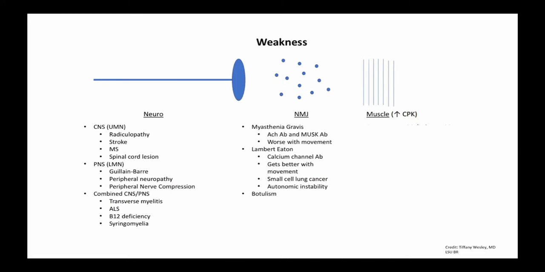Moving on to the next part of our problem list, this patient's proximal muscle weakness. I borrowed this schema from a colleague in residency, and she took an anatomical approach to weakness, being the nerve itself, the neuromuscular junction, or the actual muscle. And our patient, I would say muscle, right? She had an elevated CPK, she had weakness that was proximal. So we really need to dig into what can cause proximal muscle weakness with an elevated CPK.